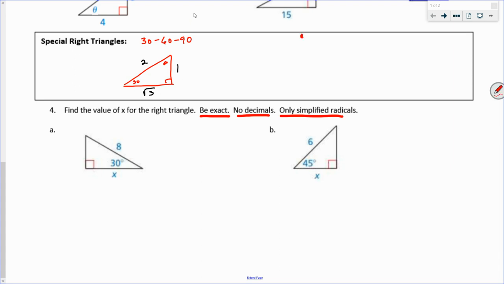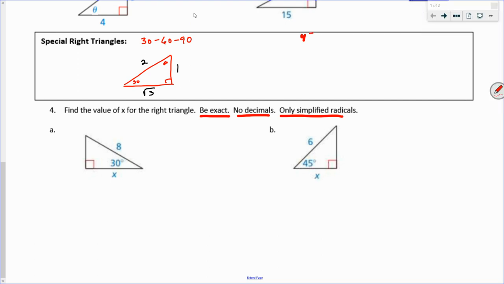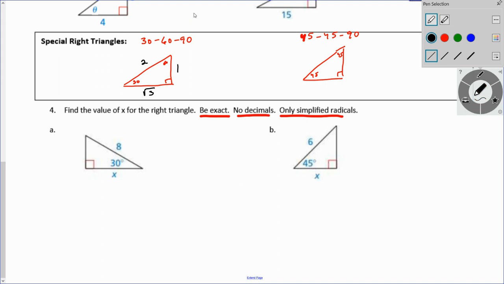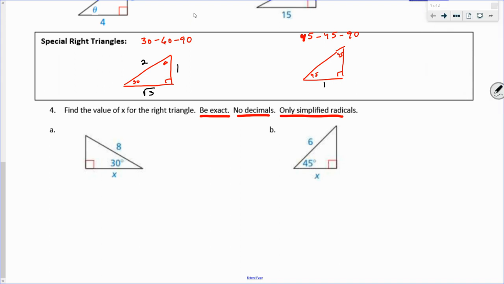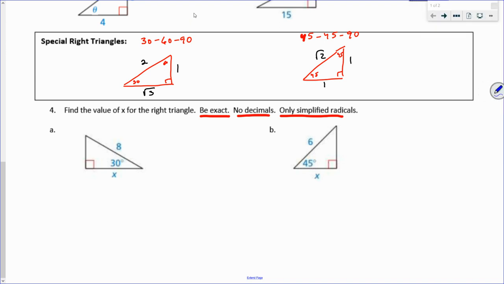And then there's also a 45, 45, 90 right triangle. The reason that matters is because their sides are always in the ratio of 1, 1, square root of 2. So what we do with that information is imagine then